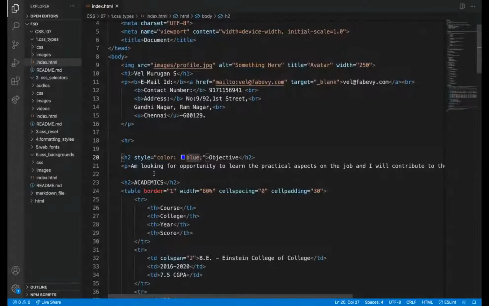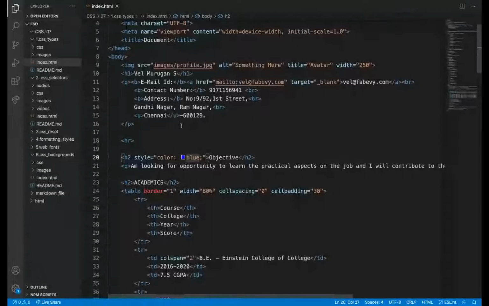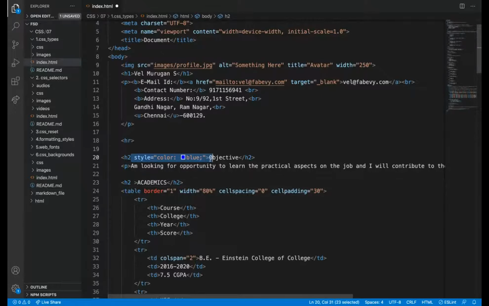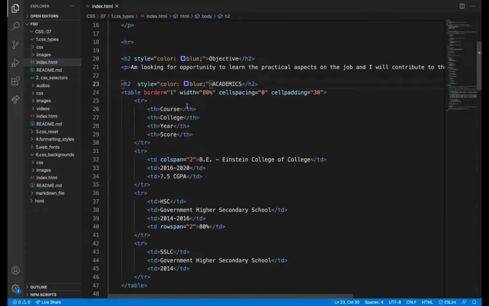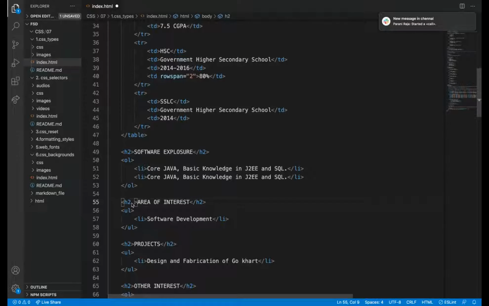When I want to add blue to this also and this also, I'll write style equals color colon blue, and also for the other h2, color blue.